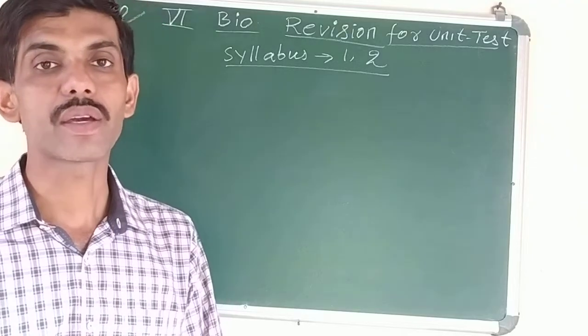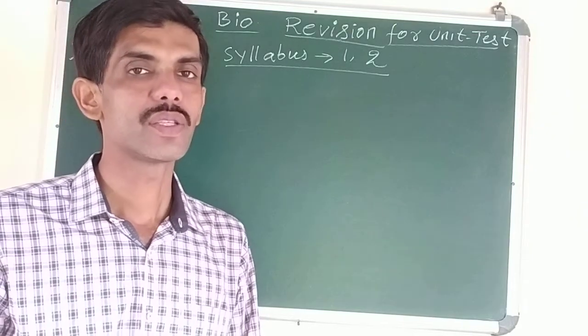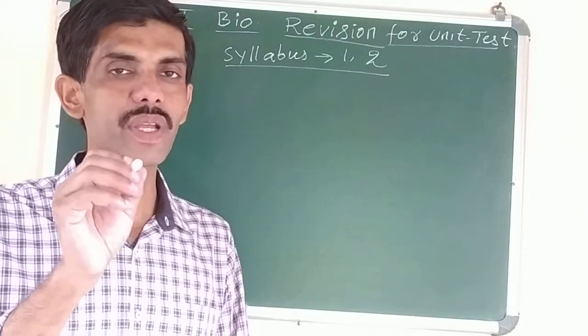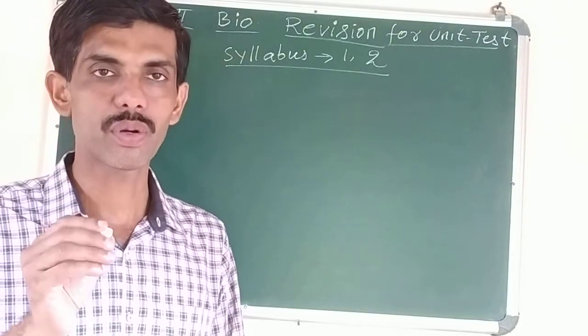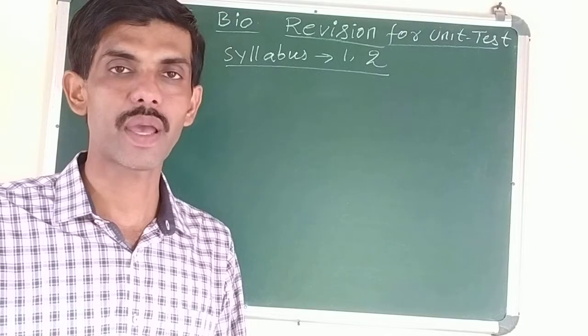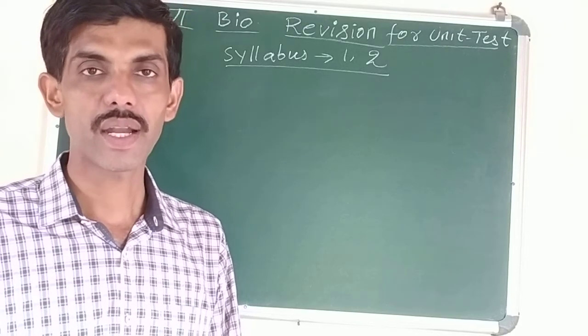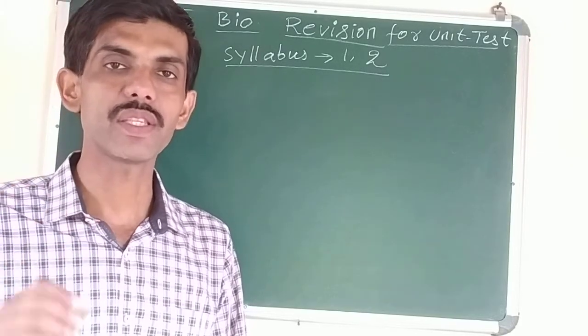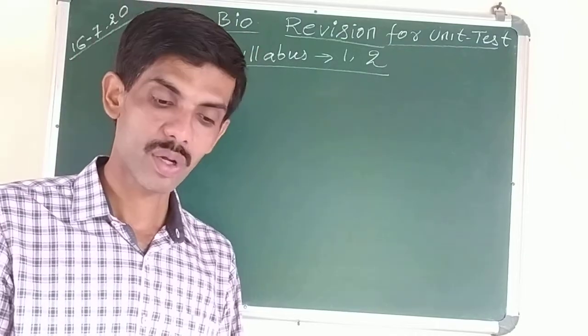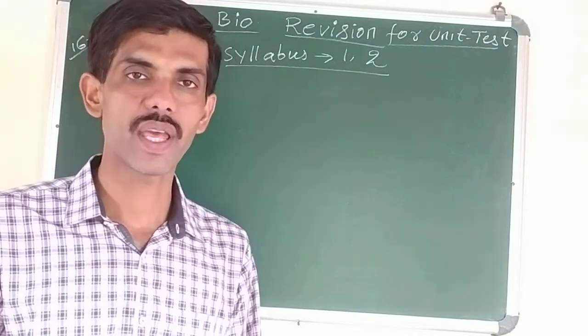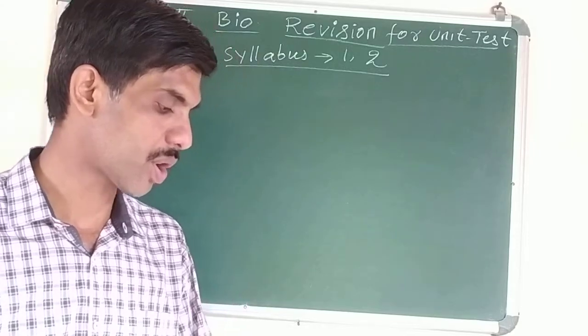What are they? Roots are positively geotropic. The word geo means earth, tropic means movement. Because the roots grow towards the soil, towards the gravity or the earth, that is why they are called positively geotropic. Whereas the stem or the shoot system grows above the soil, that's why they are called negatively geotropic.